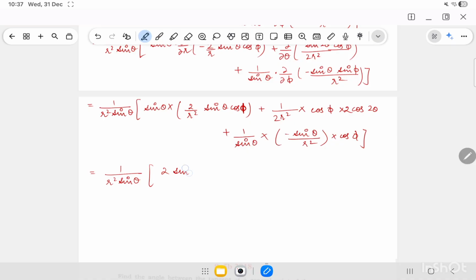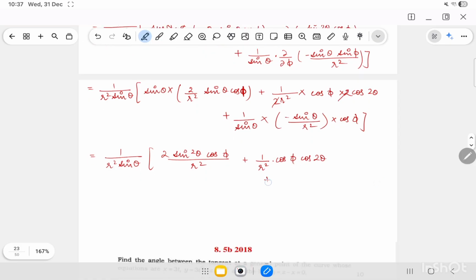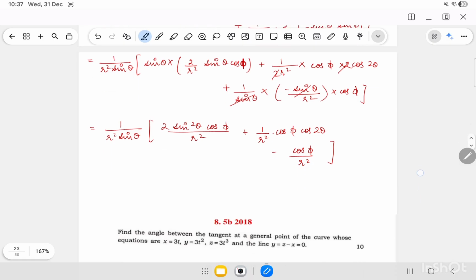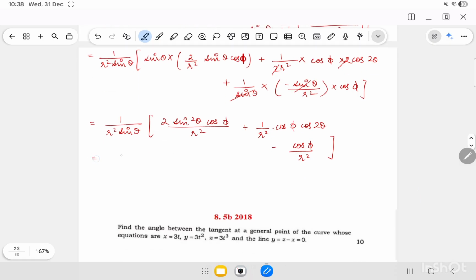times 2 sine square theta cos phi divided by r square plus 1 by r square times cos phi cos 2 theta, or it is minus only, minus cos phi divided by r square, and I can pull out this r square, so it will be equal to 1 by r raised 4 sine theta